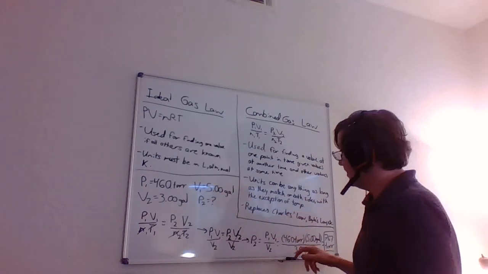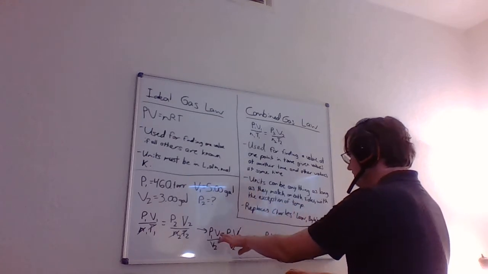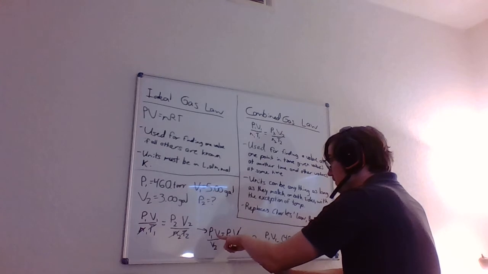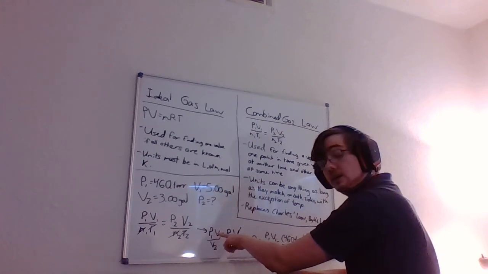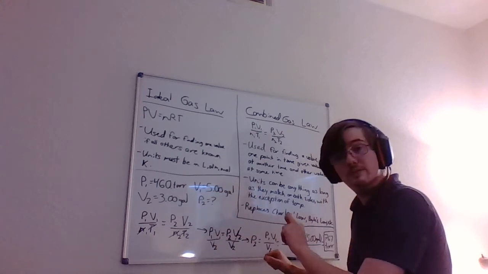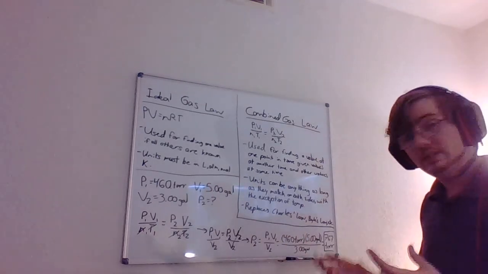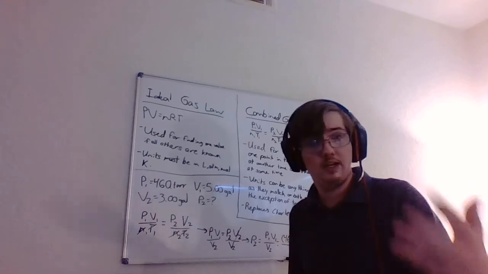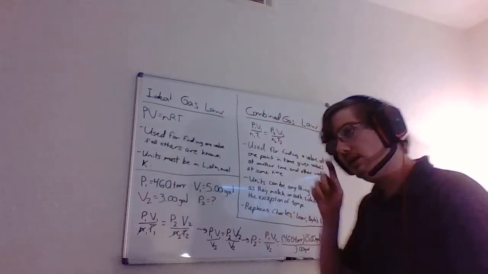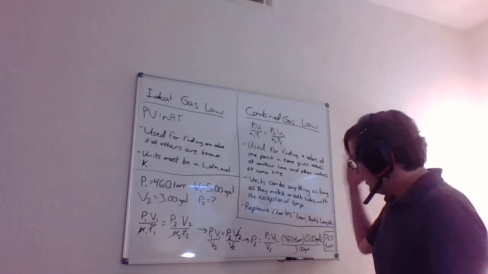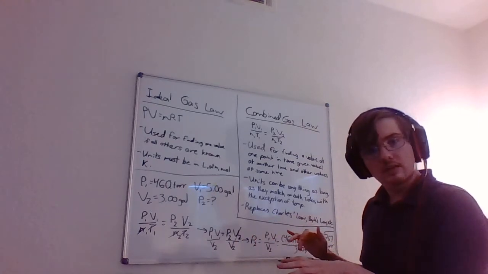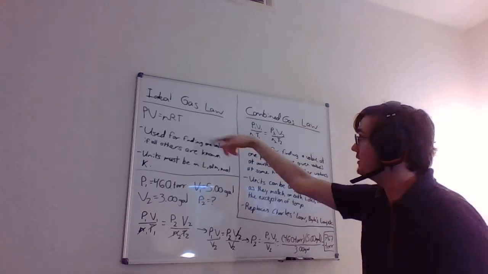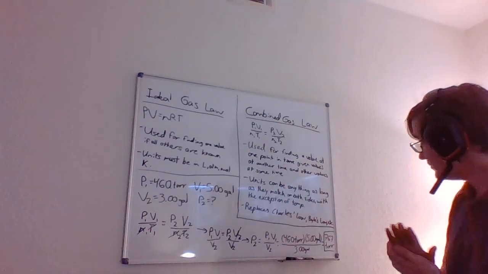And then I'd also like to mention, if you take a look at this, you notice that once we canceled things out, we ended up with Boyle's law right here, right? P1V1 equals P2V2. So this is what I mean by the combined gas law is just a combination of all the other gas laws, all the smaller ones. If you know the combined gas law, you don't really need to know those other ones. So it makes these problems a lot easier. You only need to know two things, the ideal gas law and the combined gas law.